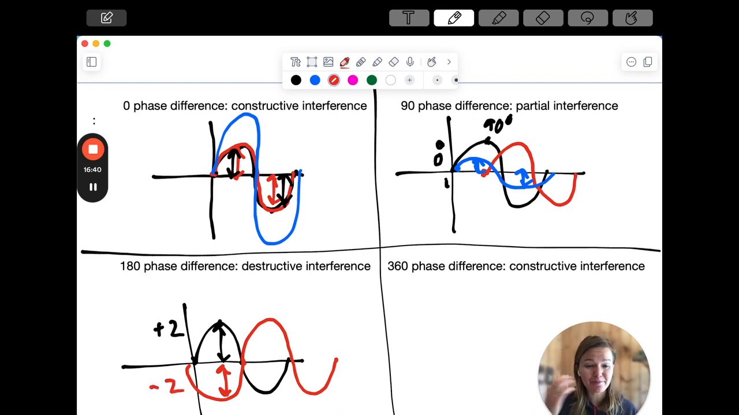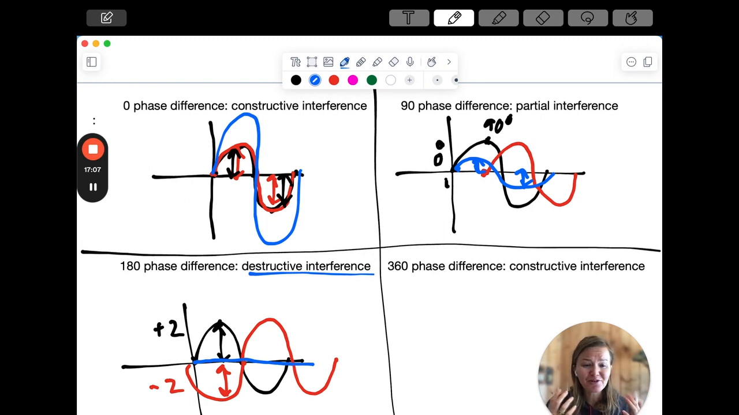So what happens if we add +2 and -2? We get 0. So our resultant wave here is going to have 0 amplitude. It would just be like, essentially, walking along our x-axis here. So this is the case of what we call destructive interference. Destructive interference is when two waves are 180 degrees out of phase. They exactly cancel each other's amplitudes out, so there's no resultant wave, or the resultant wave has an amplitude of